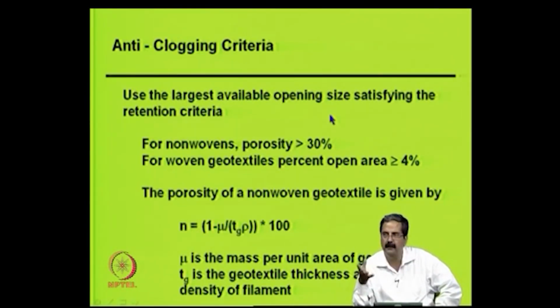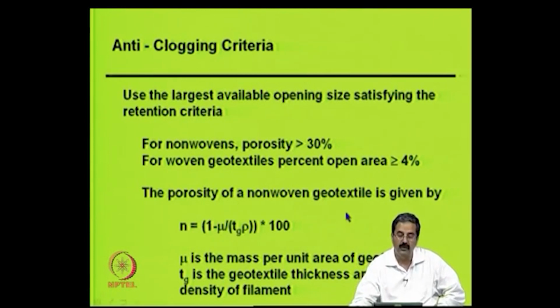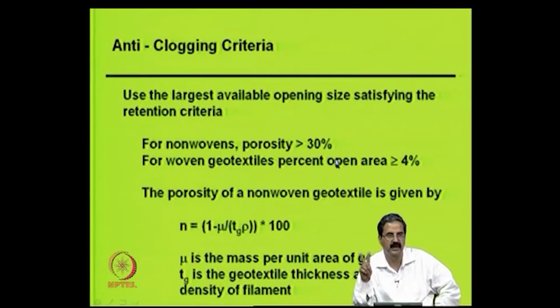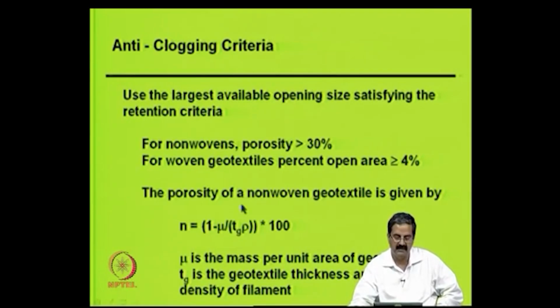There will be a lot of biosystems, biota, so they have a possibility of creating this clogging. So, how do you avoid clogging? The best way is to increase the size of the pores. If it is a non-woven material, like you discussed about two materials, one non-woven and one woven, for non-wovens we see that the porosity of the geotextile should be at least 30%. The second thing is, if it is a woven, the percent open area should be more than 4%, and the porosity of the non-woven geotextile